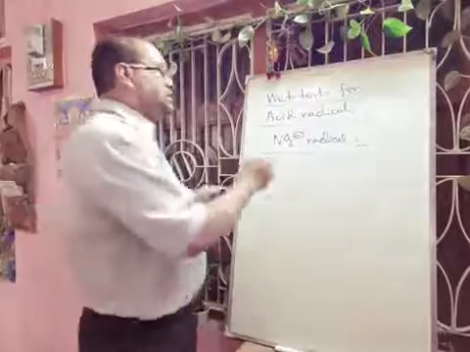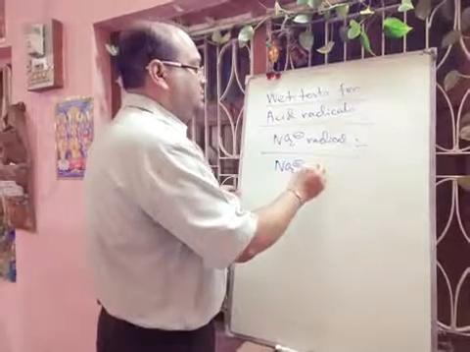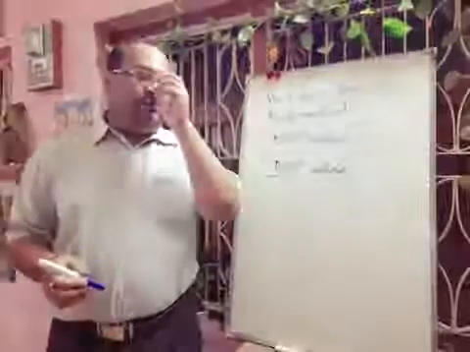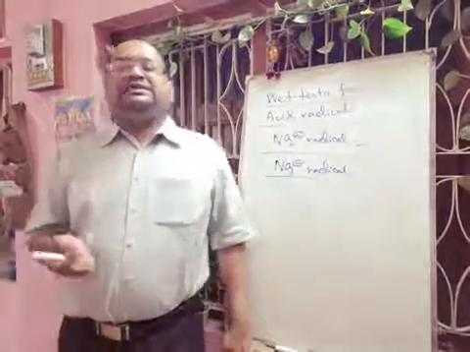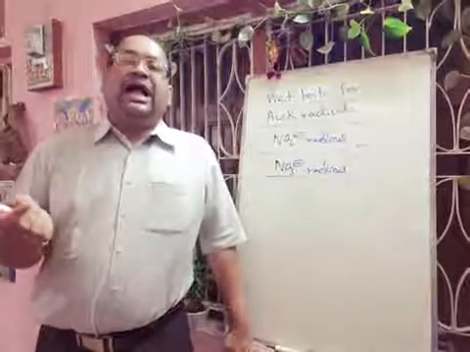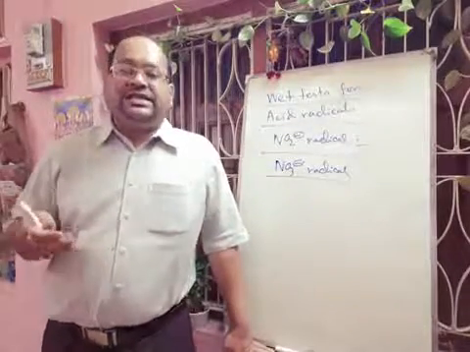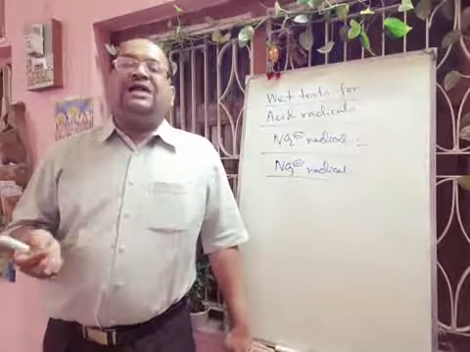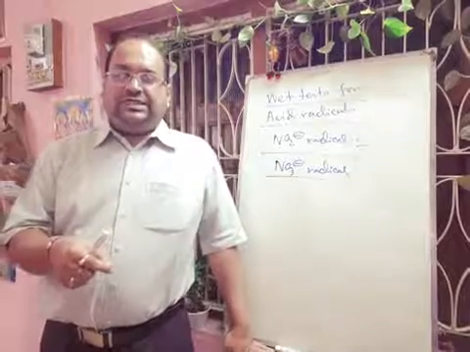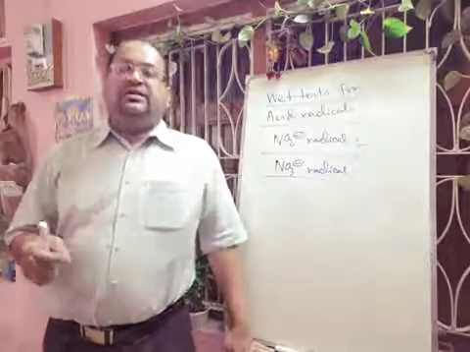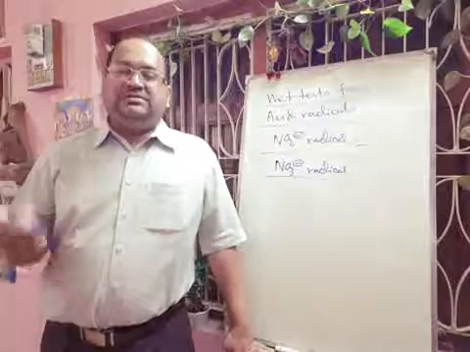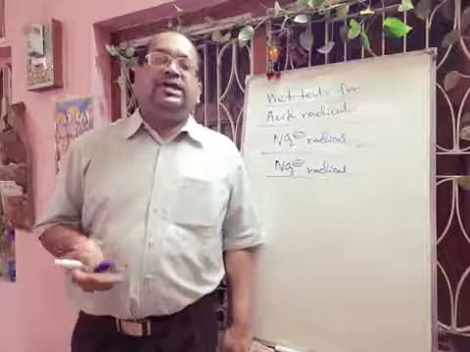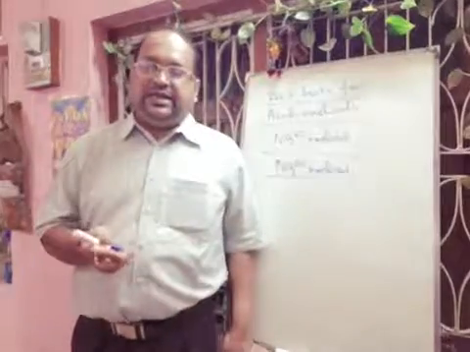Next we will discuss the NO3 minus radical, the nitrate radical. First you do the dry test: take the sample mixture, add concentrated sulfuric acid and apply heat. If there is a reddish brown fume, that will be NO2 gas. If you add copper turnings to this acid and salt mixture and apply heat, the reddish brown color of the NO2 gas will be intensified. So in this way also you can confirm that your sample contains the NO3 minus radical, the nitrate radical.